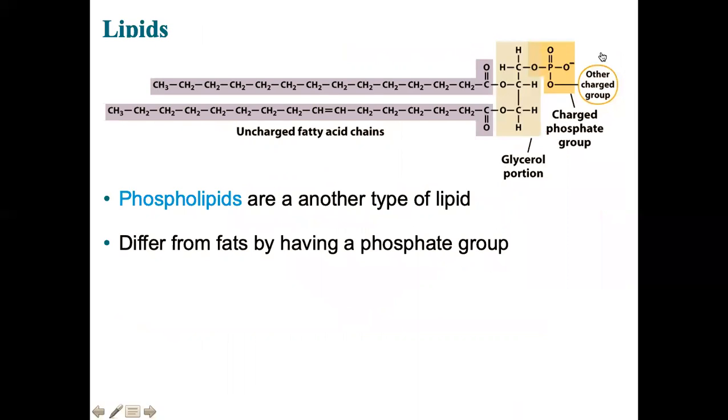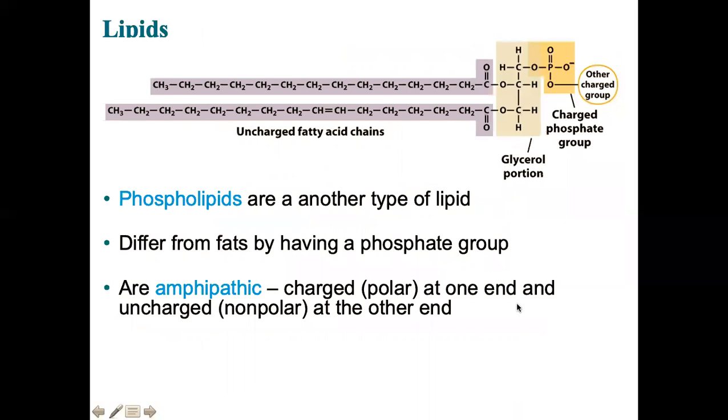And then there's those phospholipids again. So you got the long fatty acid chains, and you got that phosphate head. And that guy, if you see it's got like a little negative there, that means that it likes to play well with water. Remember, charged things play well with water. And that's what that means, amphipathic. I'm not sure that you need to know that term.